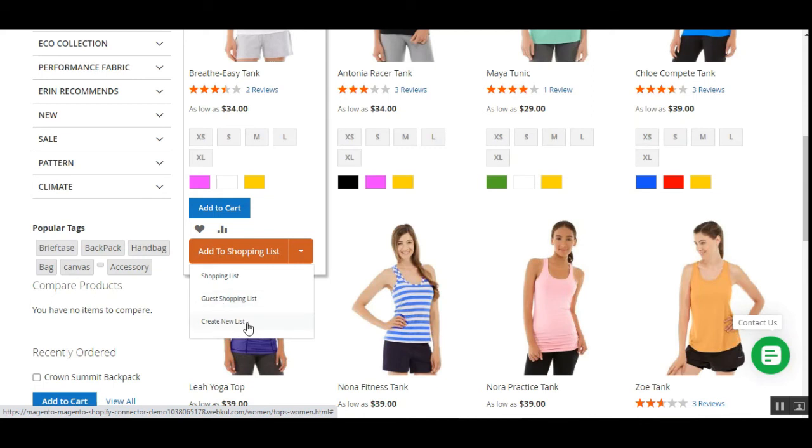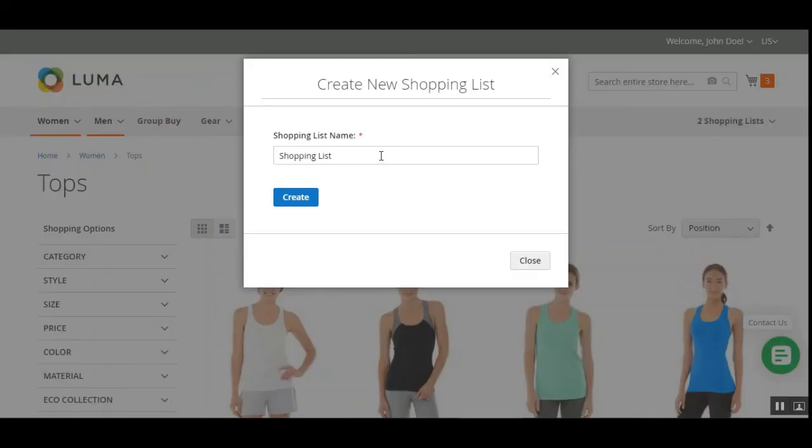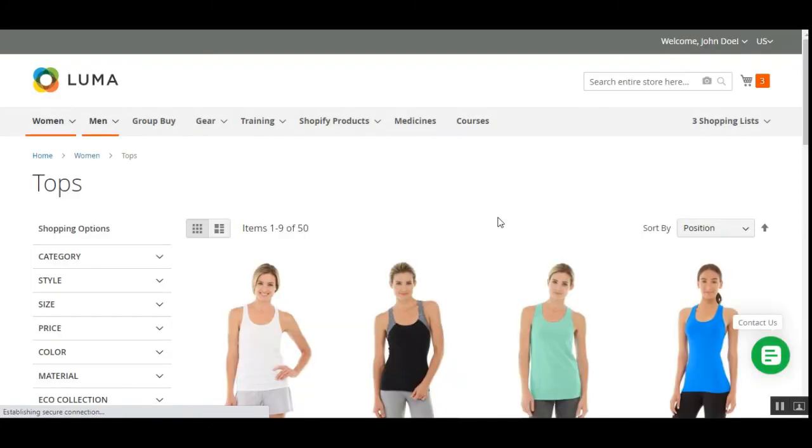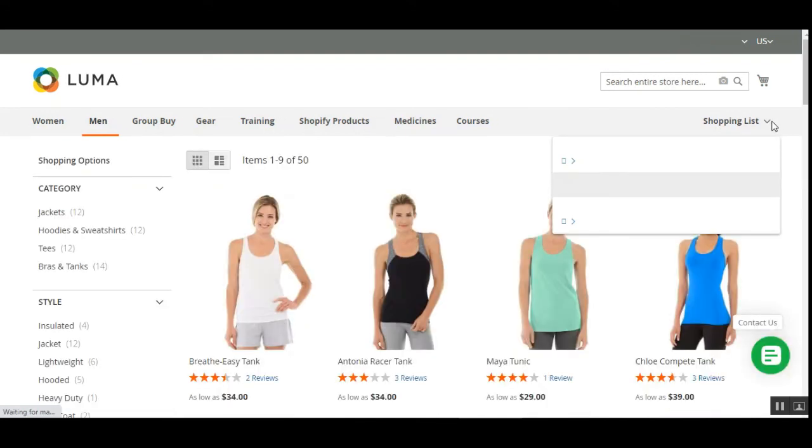And to create a new list, we can also make use of this particular link that is there on the category page or on the product page as well. So if I tap here on the create new list, this pop-up comes up. I'll set it as shopping list 34. I'll tap on create, and that would create another shopping list. Now on the right hand side,